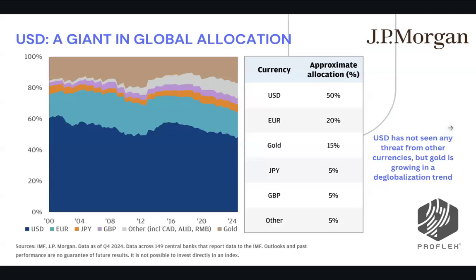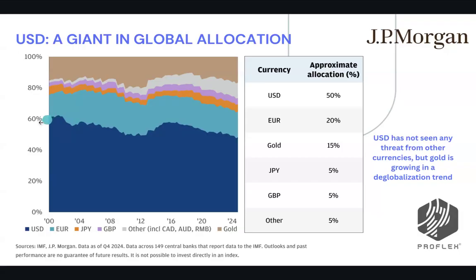I always love the macro picture, so I'm going to do a little bit of a discussion around that. The basic idea here is what is the US, and especially the US dollar, because when global investors look at the US, they are not just investing in the US, they are investing in a currency. As we all know, the US dollar has been the primary investment source, even for countries or any kind of corporate allocation, beyond individual investors. So we always start with the US dollar perspective before we even jump into US markets.